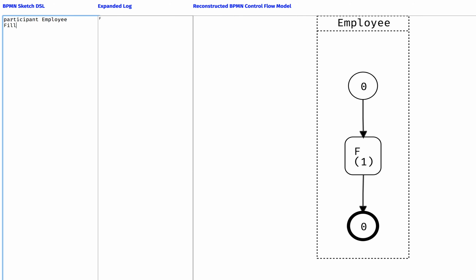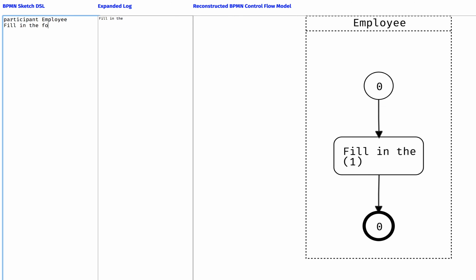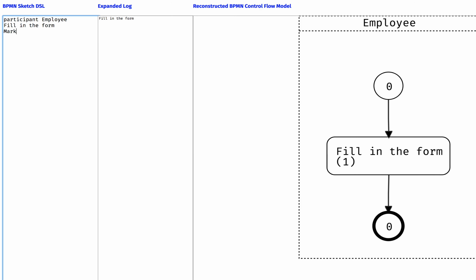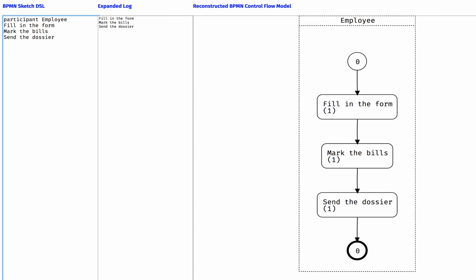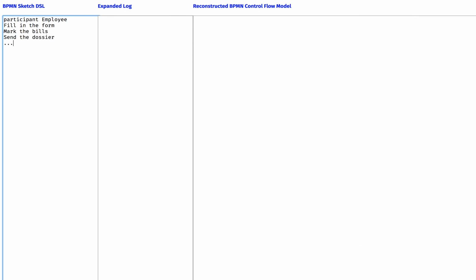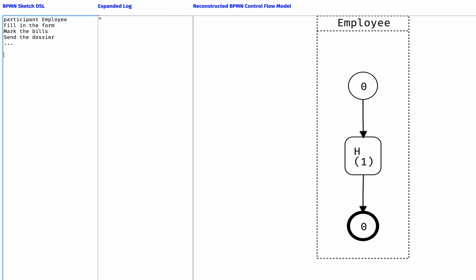So let's say I fill in the form, I mark the bills, and then I send the dossier. Now, I don't exactly know what happens after I send the dossier, what type of controls are there in place, etc. So I state this lack of knowledge of mine by using the three dots symbol. And then the head of the department